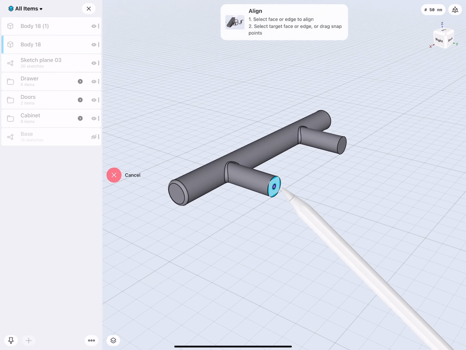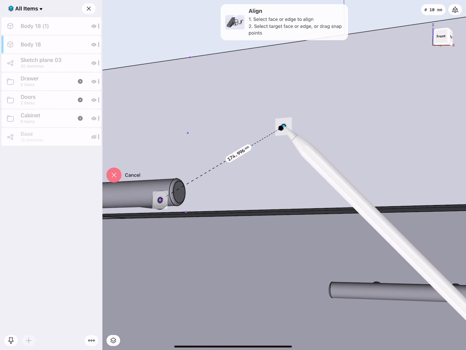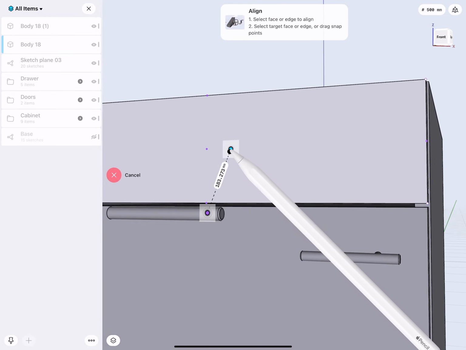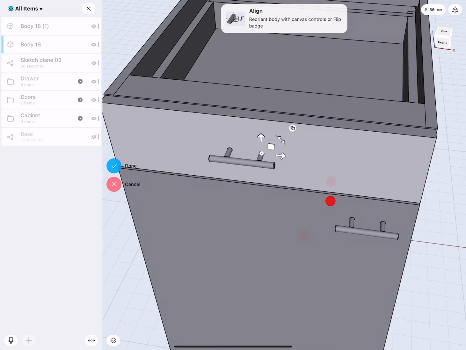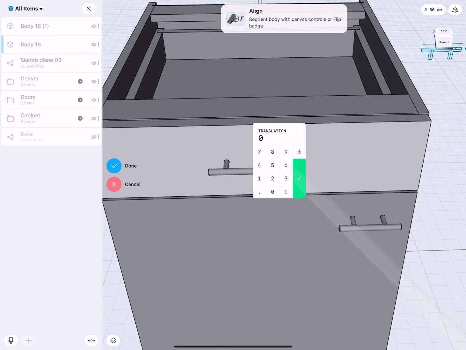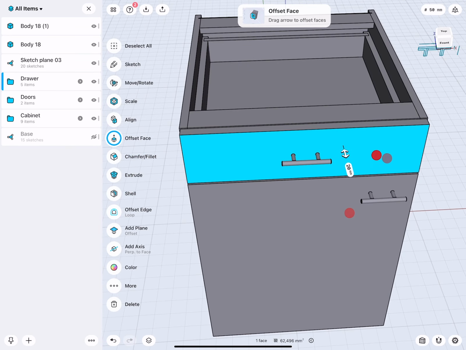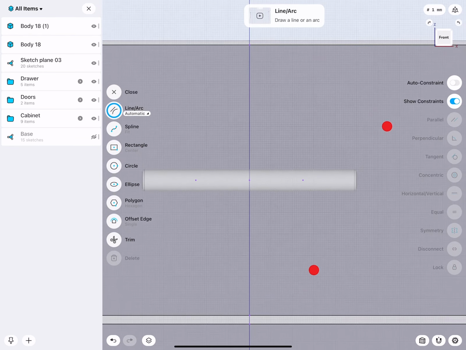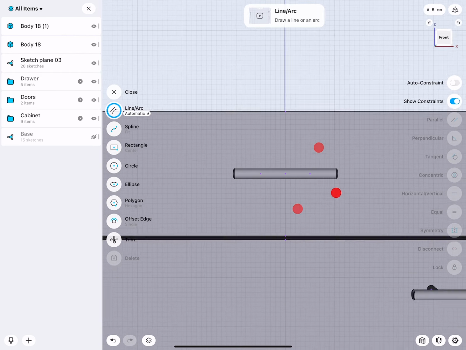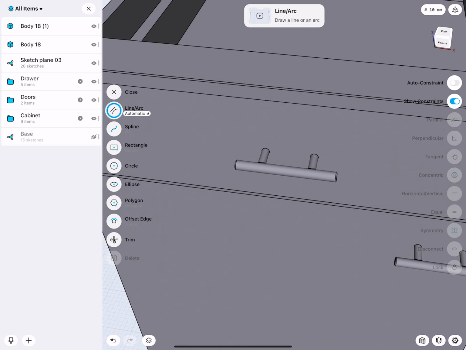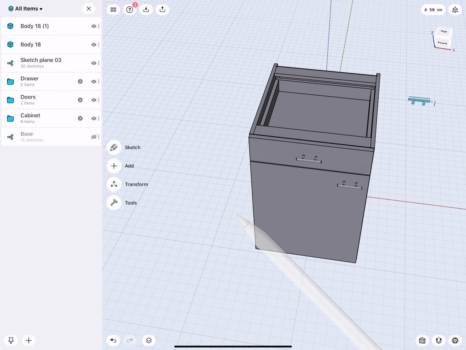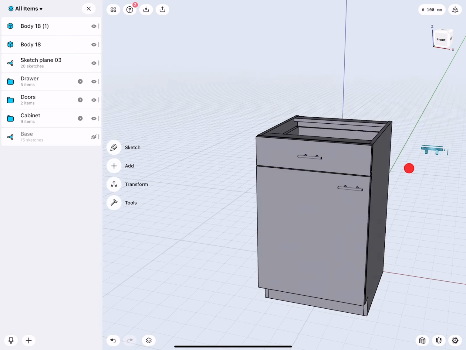I take this face, align, and zoom out. And there's my midpoint. Zack. There. And 25 millimeters. Very good. Double tap. There you see the midpoints. Midpoint of the base of the drawer and 2 midpoints from the circular faces, the cylindrical caps. Very good.